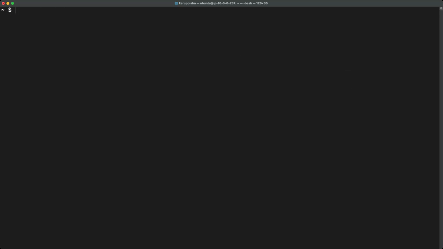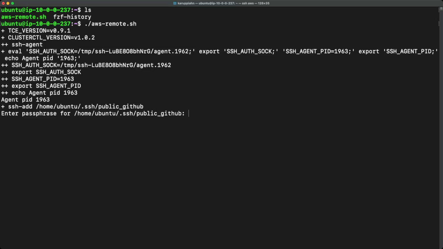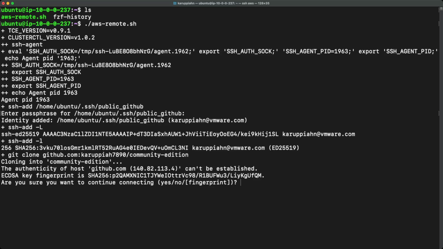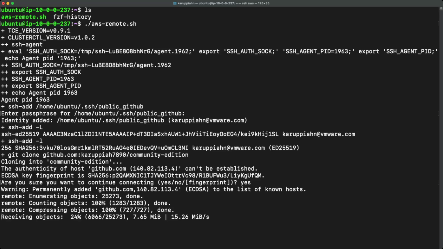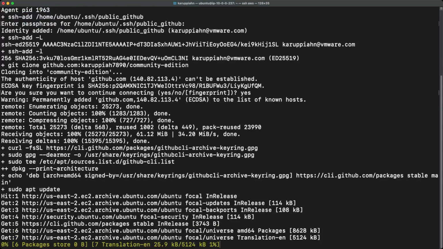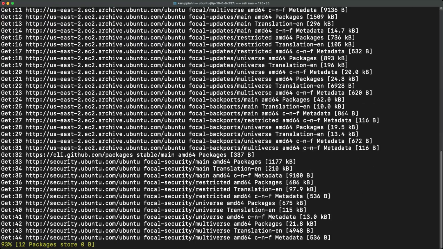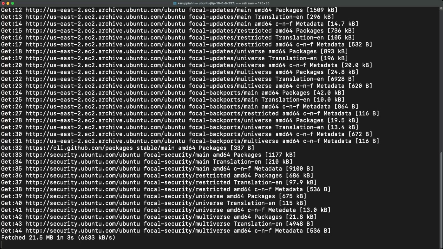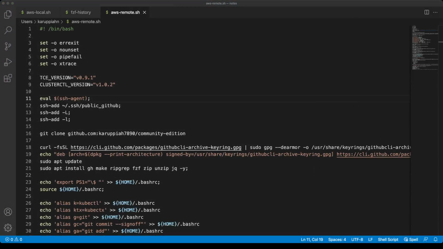I'm going to clear this screen and get into the machine. And here, you should now see AWS remote. I'm going to run this, and I need to put in some passwords for the private key. I actually did a lot of manual steps; you can automate a lot of these. If you go back to Visual Studio Code, you can see